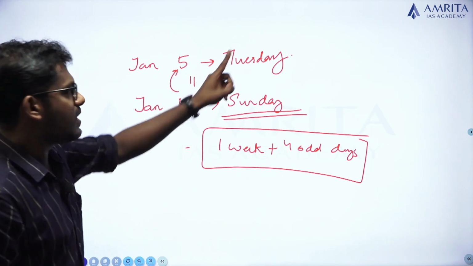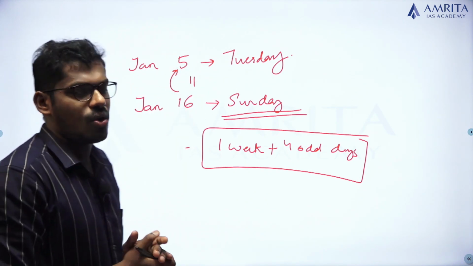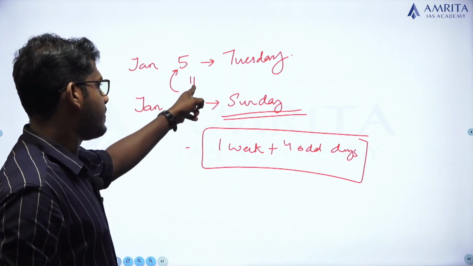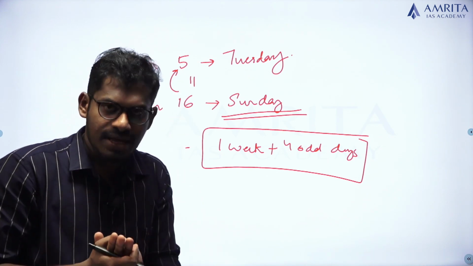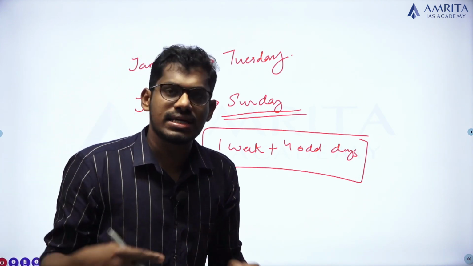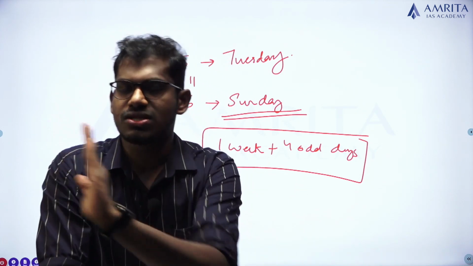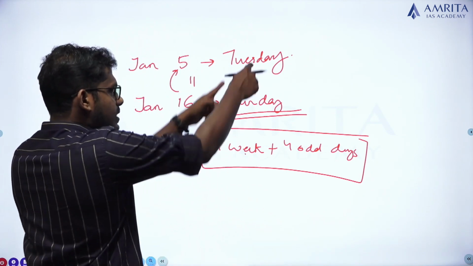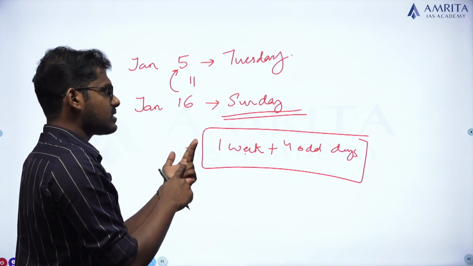So if Jan 5 is on Tuesday, then we are asked to find the day on which Jan 16 falls. We have to find the difference between the two numbers, that is 16 minus 5 is 11. Then find the number of odd days within 11, and 11 contains 1 complete week plus 4 odd days. Now after completing this 1 week, the same day falls, Tuesday, then 4 odd days: Wednesday, Thursday,